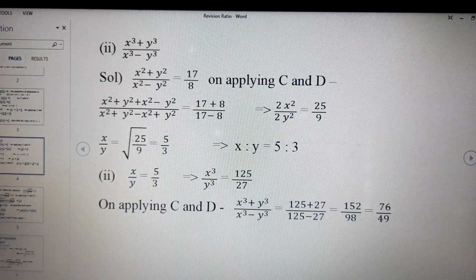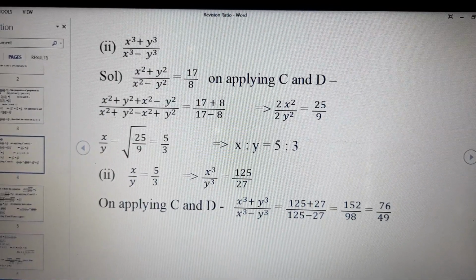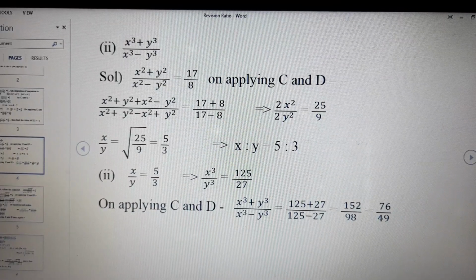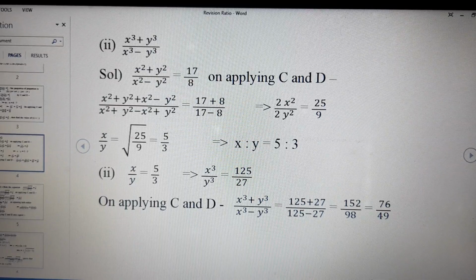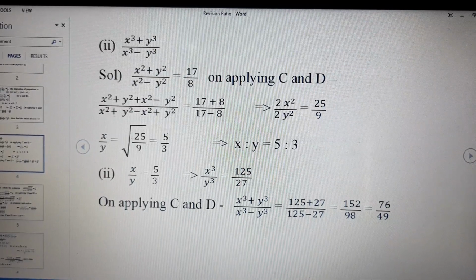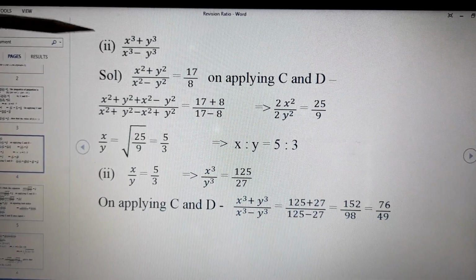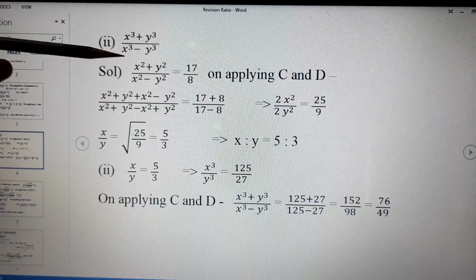If we remove the square sign from this side, the square root will appear here, and we'll write only 5 upon 3. We will not write plus and minus because it is a ratio, and when we talk about ratio, only positive values are taken. Clear? Now we have to find out the value of (x cube plus y cube) divided by (x cube